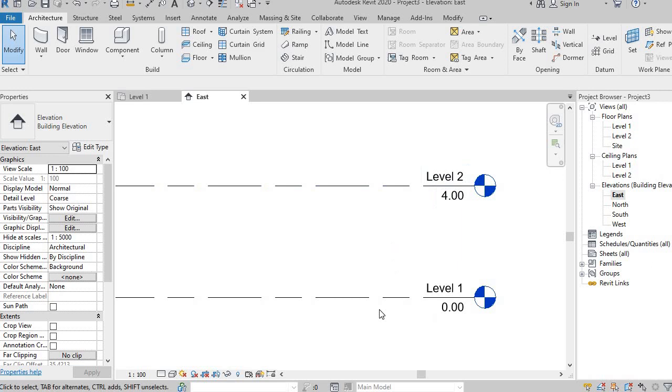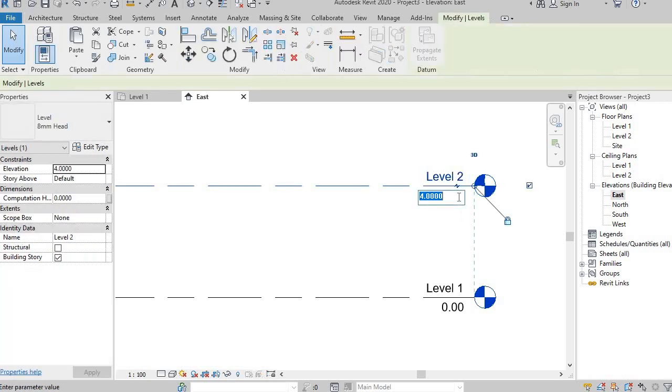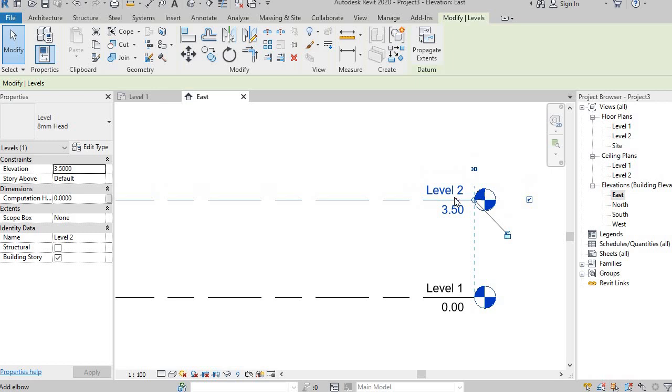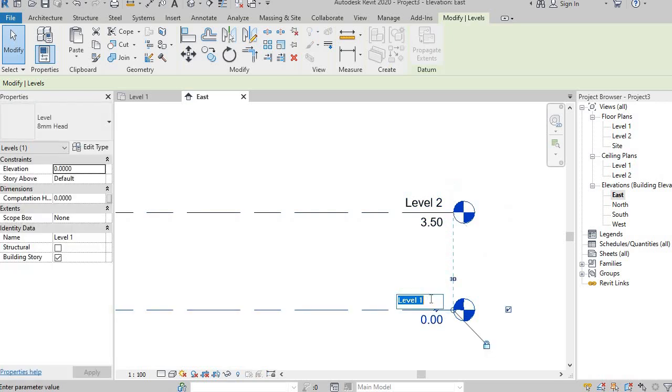The height of the room should be 3.5. So in order to change that, I'll just click on this, double click and just write 3.5. Then you can see that the height is 3.5. I need to name this as